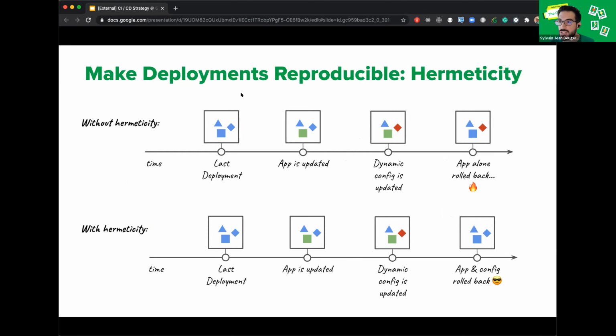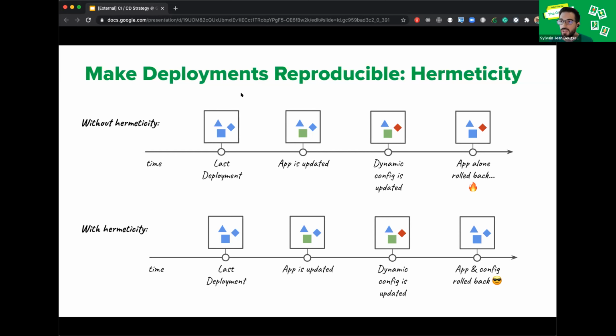So we track changes for configurations, whether static or dynamic, for instances, AMI versions for services on AWS. And we track the application version naturally, and we make sure that only the combinations that we have seen before, either in production or in staging, can be deployed in production.